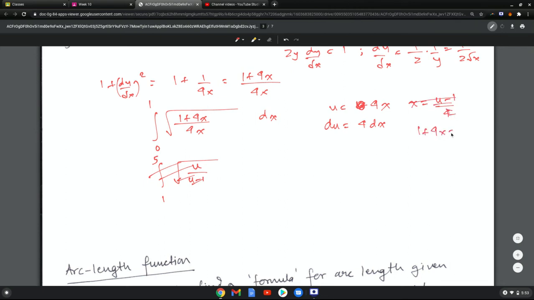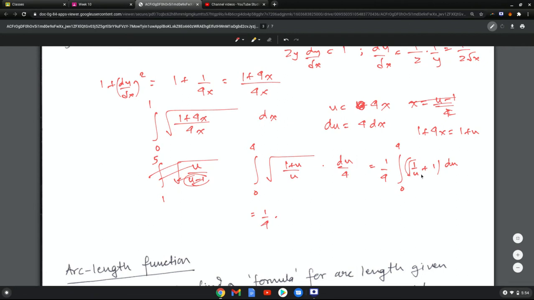And then 1 plus 4x is 1 plus u. We'll see why. In this case, the limits are going to be 0 and 4, so that I have 1 plus u over u, and I have a du over 4. Why I did that is if I have two terms in the denominator, I cannot split the fraction. But if I have them in the numerator, I can split them. And I can split them as the integral from 0 to 4 of square root of 1 over u plus 1 du,